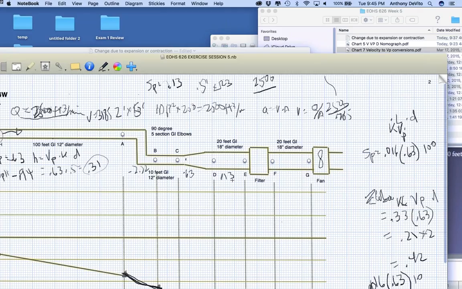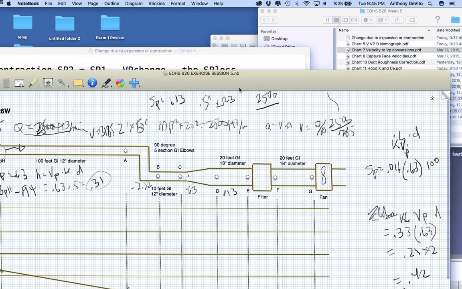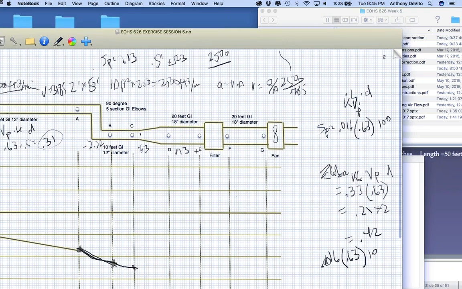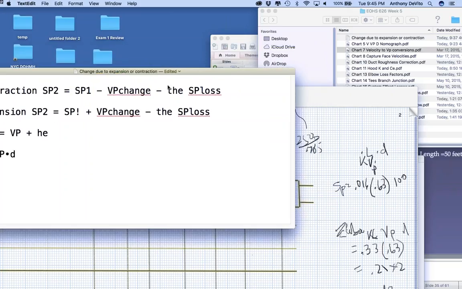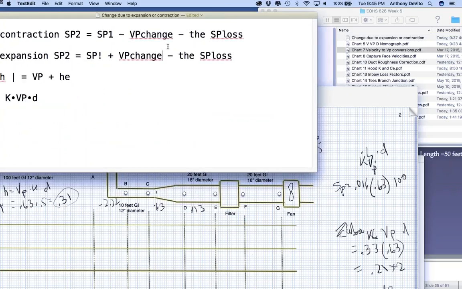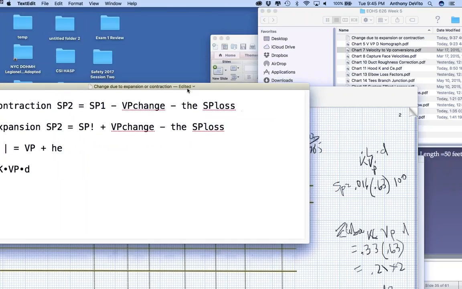The change was 0.13, right? No, it wasn't. 0.5. You were right, it was 0.5. The difference between them was 0.63 minus 0.1, which is 0.5. So it's minus 2.5 plus 0.5, which is 1.9 minus the static pressure loss, which was